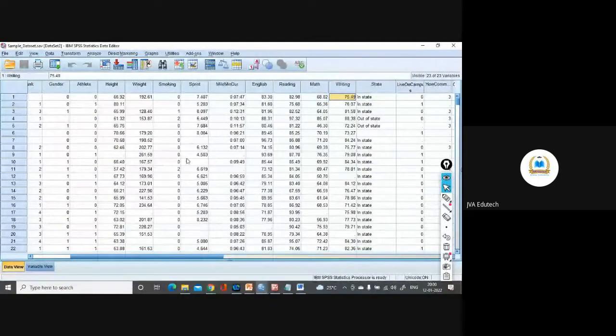So here my problem is sprint. Sprint time is again time taken to run a distance. We want to see the sprint time of these students based on the category of smoking. 0 stands for non-smokers, 1 stands for past smokers, and 2 stands for active or current smokers.